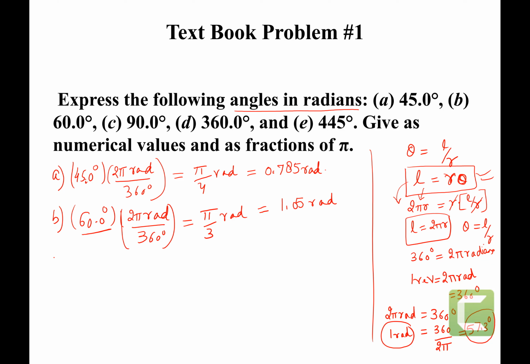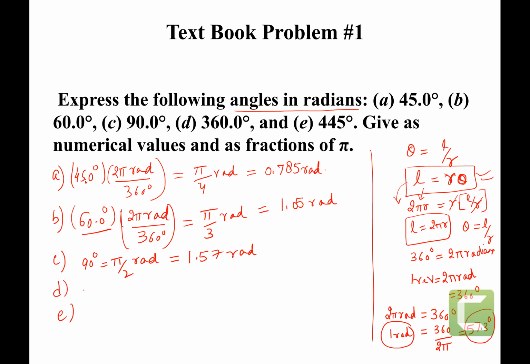In the same way, we can solve C, we can solve D, we can also solve E. So you go ahead and solve them. I'll just simply give you the answer. 90 degrees is pi by 2 radians. 90 degrees means pi by 2 radians, which we generally know. But what does it stand for? It's 180 by 2. So it will be 1.57, it's 3.14 by 2. That is 1.57